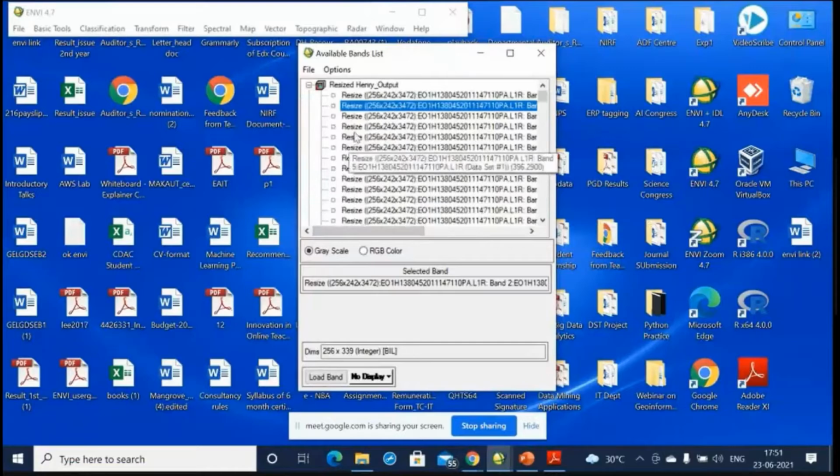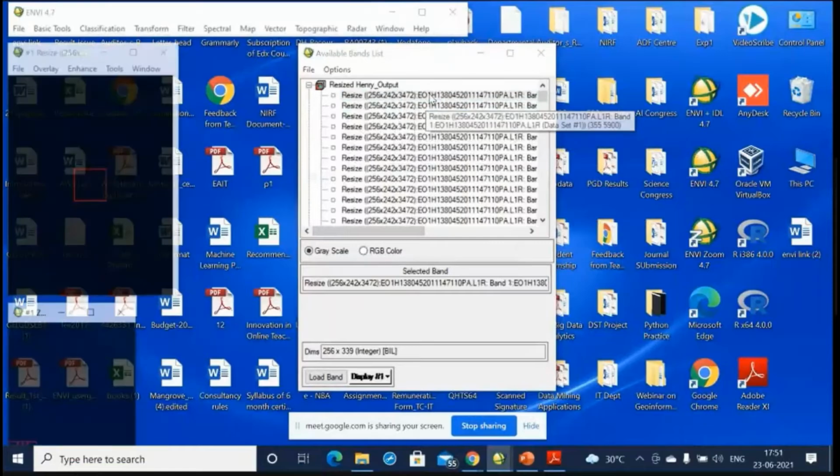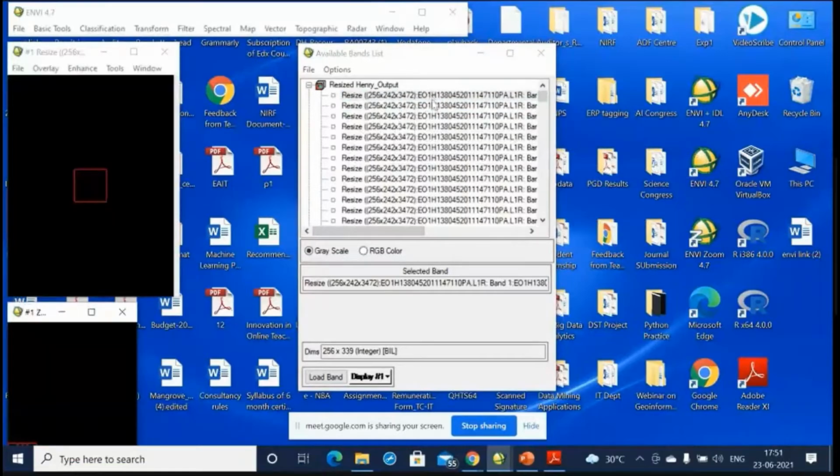If you want to view the image that is present in the first band, I double click on this. You can double click, or you can just select and click load band. It will be visible to you. As I told, this band is totally dark.